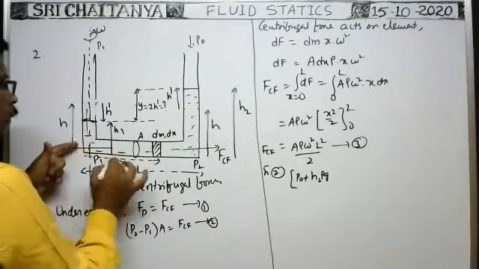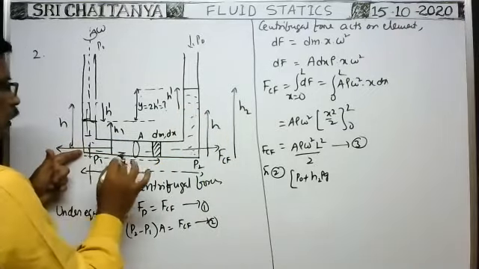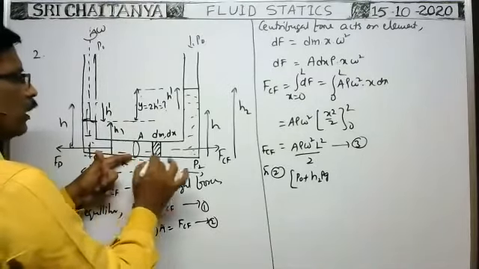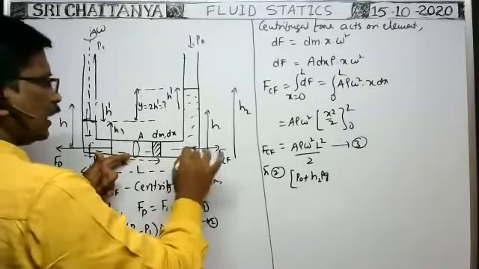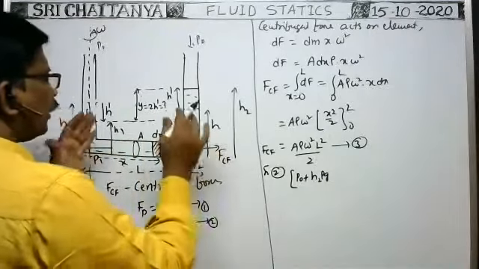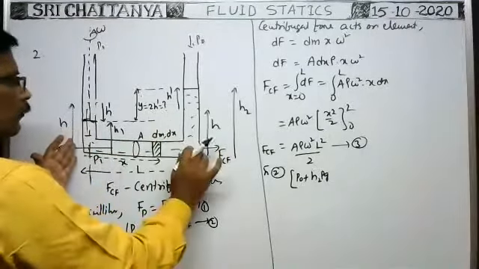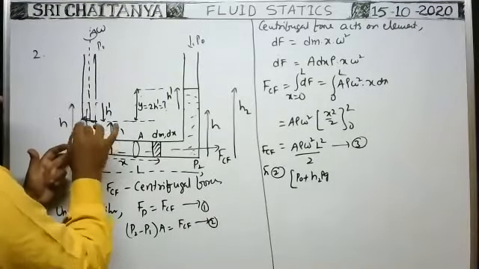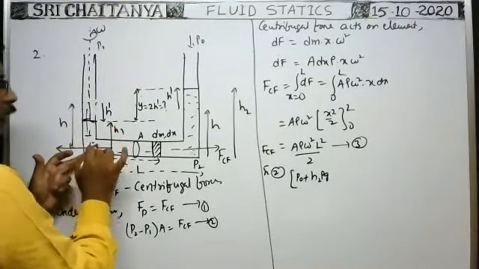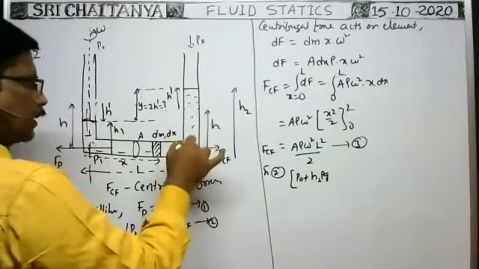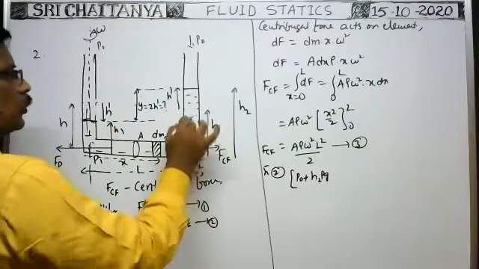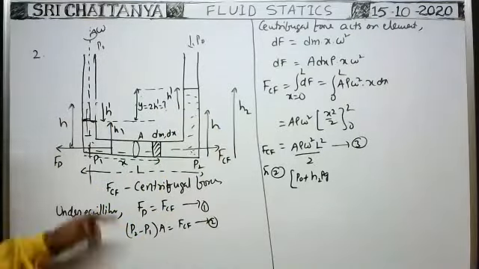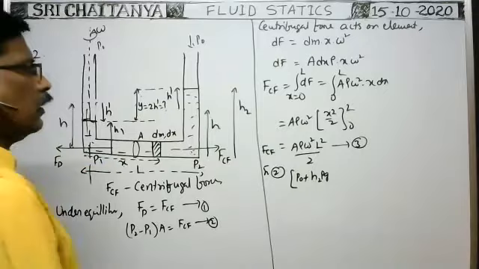Then on this part of the liquid, from x equal to 0 to some x equal to L1, you find the centrifugal force. From L1 to L2, you find the centrifugal force. You add them; that is the total force acting on this liquid column. The pressure at this point means H1 into density rho 1 into g. Here the pressure means P0 plus, of course here also P0, H2 into density of this liquid rho 2 into g. In such a way we have to write, but I have taken the same liquid here.